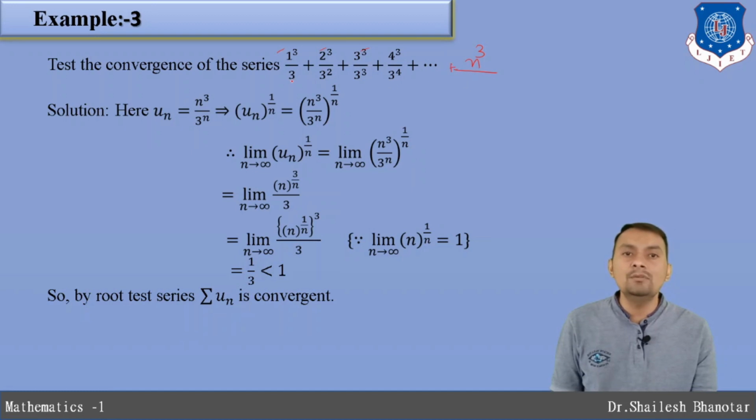But what about the denominator? This is 3 raised to 1, 3 raised to 2, 3 raised to 3, so the base is fixed and I write base 3. The power contains 1, 2, 3, 4, and the difference is 1, so I just assume n. But I want 3 raised to 1, so if I put n equal to 1 here, it should be 3 raised to 1, and that is verified. Therefore we can say this is our nth term, and now the power contains n, and also we know the identity.